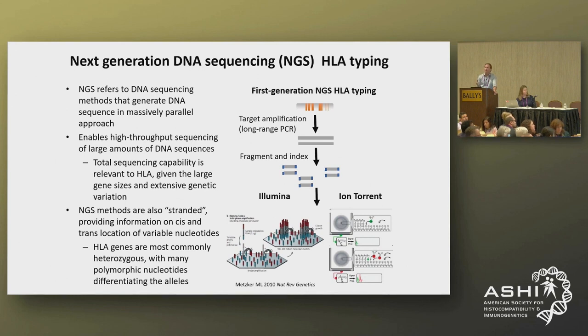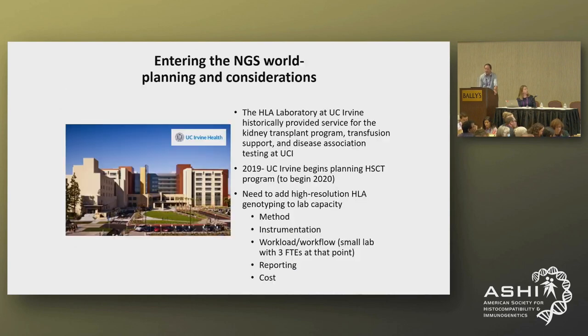The most common situation is that for every HLA gene that we're interested in, there are two different alleles, a different allele on each chromosomal copy. So knowing the cis and trans relationship between the nucleotide sequences is very important. Back to the lesson that I want to talk about: thinking about entering the NGS world